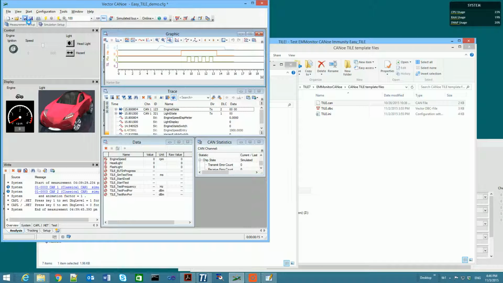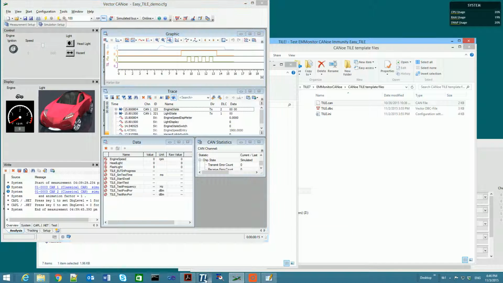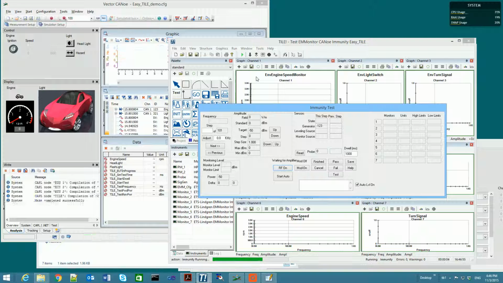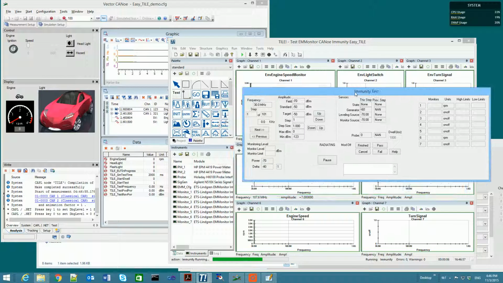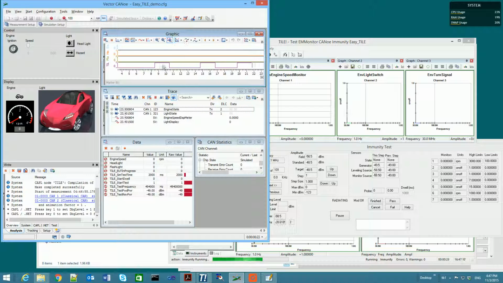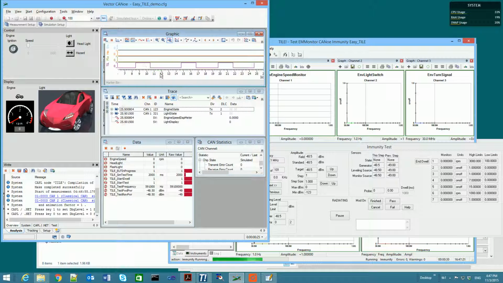We want to go ahead and save this configuration. We should be able to come back to tile, run the test. Everything else has been pre-configured because it is the Easy Tile demo, so all the other signals and variables that are being monitored already exist in this profile, and we should be able to see the signals active in CANoe. You can see that when the test is in progress,